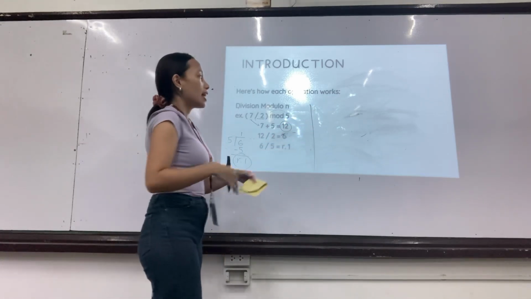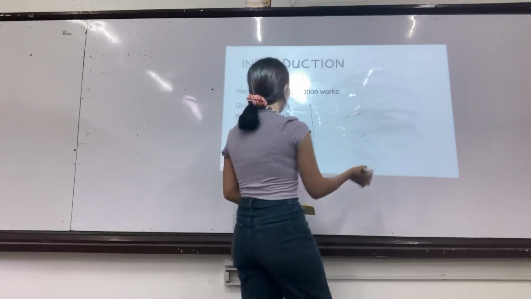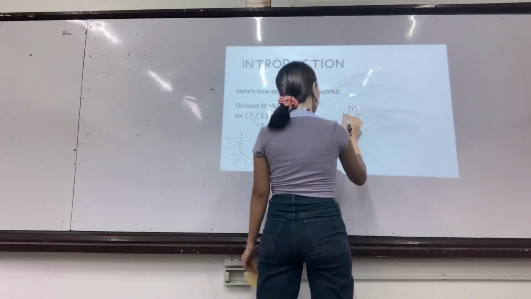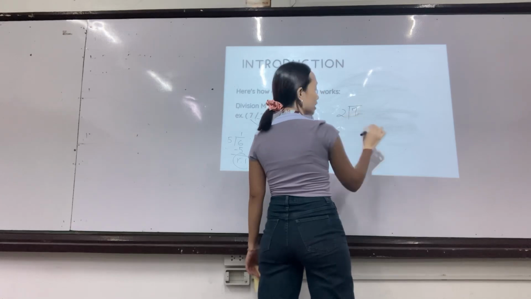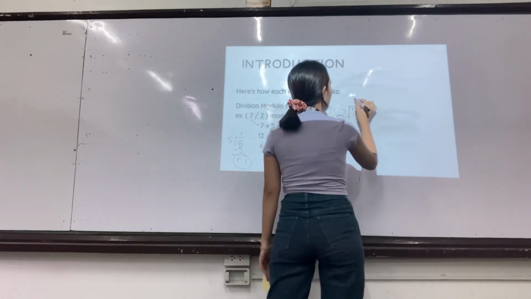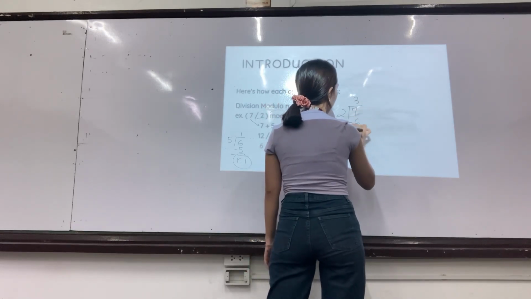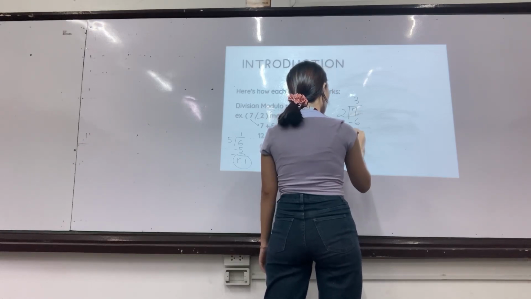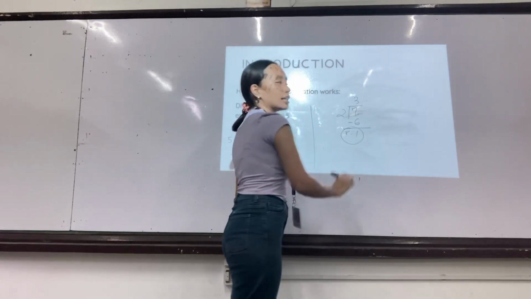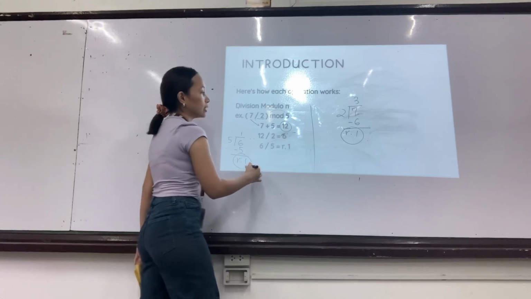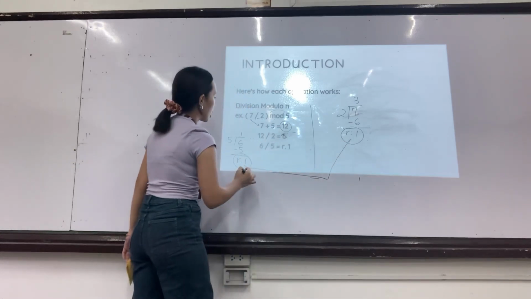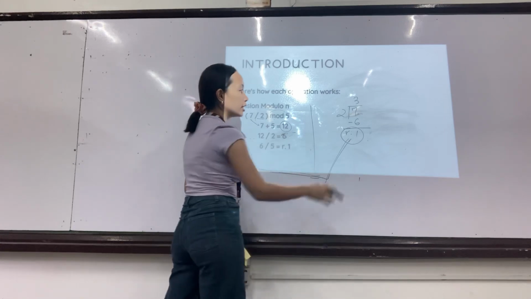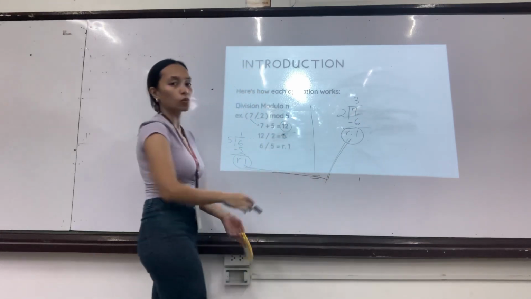But there is an easy way for us to solve this. We can just simply divide 7 by 2. So 7 divided by 2 is equal to 3. Discuss the same numbers. So this method is more preferable.